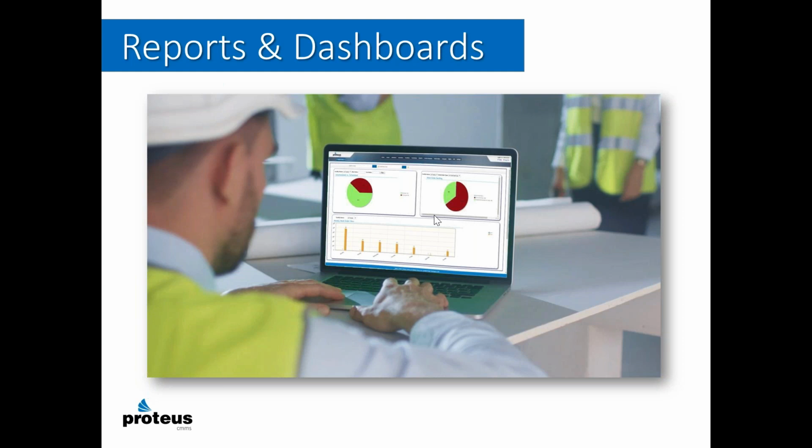Why am I doing the PM? If I did it, does it keep the system up and running more effectively? If I don't do the PM, if I run to failure, what happens? What's the cost associated with that? There are different costs and different effects associated with different pieces of equipment.